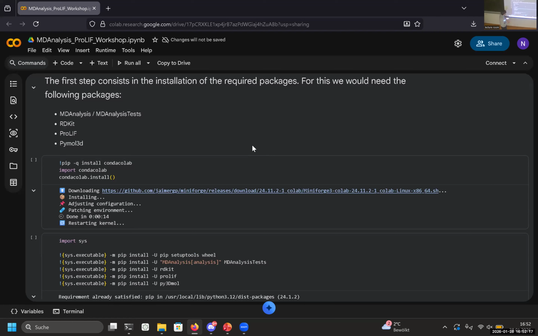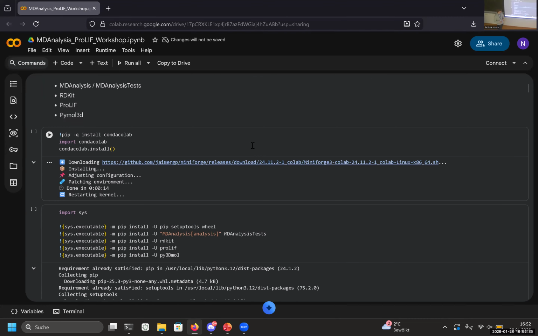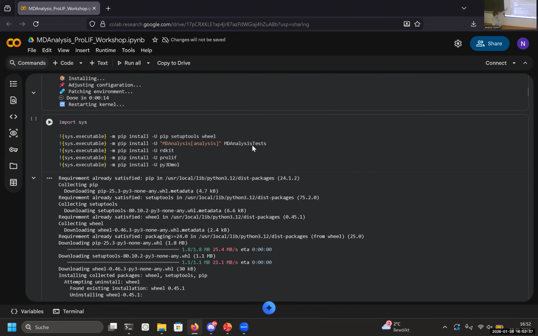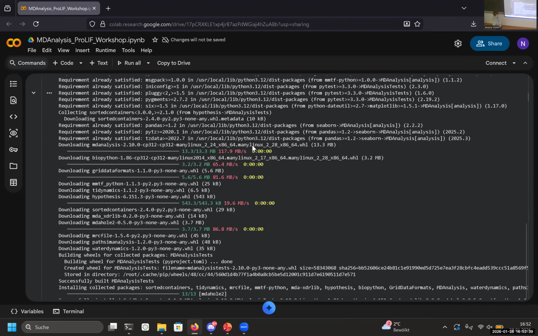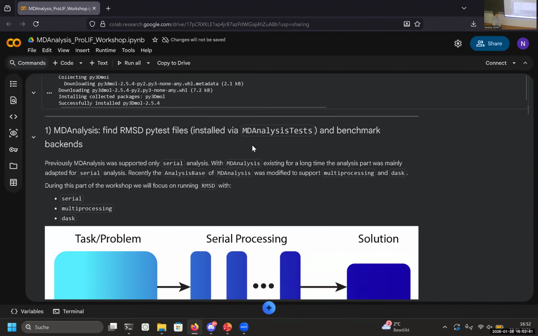Again, in the Discord, I sent the link to this Jupyter notebook so that you should be able to access it and run it. Here we have prepared everything, but you can download and run it on your own PC, or run it on Google Colab. As you can see, we start with the installation to get the newest version,